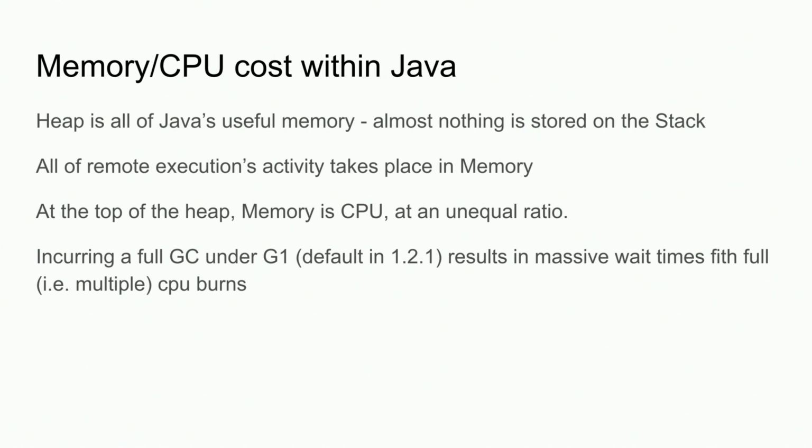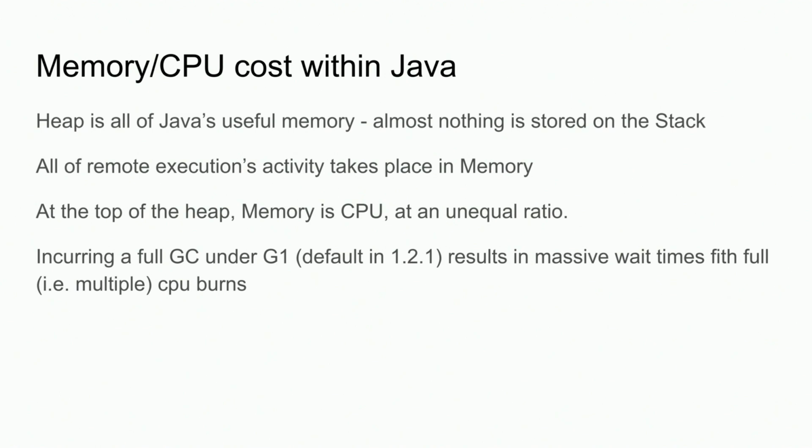All of remote execution's content is retained in memory for each one of these workers. That means if you want to do more remote stuff, or you have more inputs, or you have more outputs, excluding the output content, most of that's just written straight to disk, you are going to consume memory. And in Java, memory at the top of the heap, when you've exhausted all your size, and everybody here has run the -Xmx option